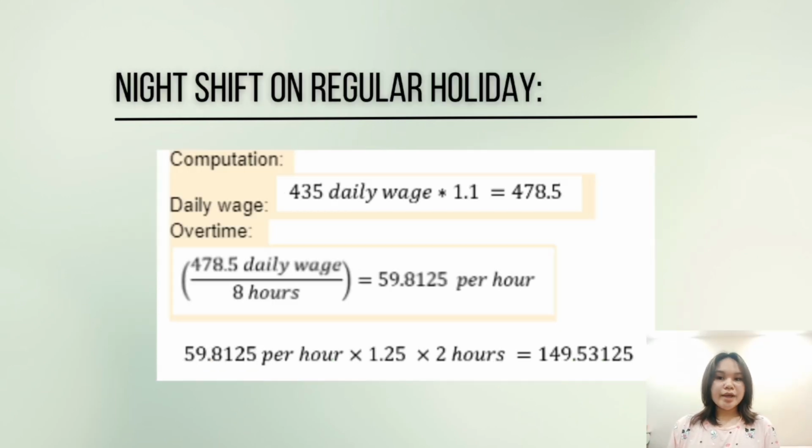Night shift on a regular day. Regular hourly rate plus 10% thereof. Overtime hourly rate on a night shift on a regular day plus 25% thereof. Daily wage is 435 and work is from 10 p.m. to 8 a.m. Computation: 435 daily wage times 1.1 equals